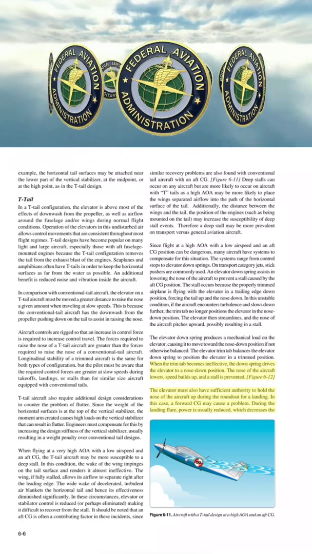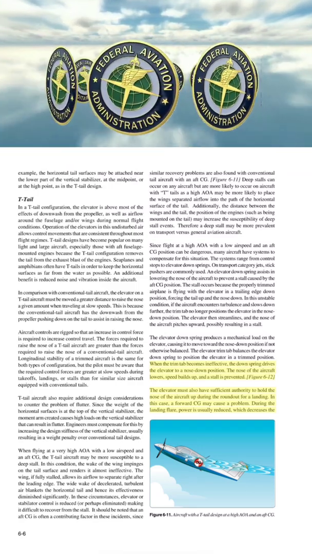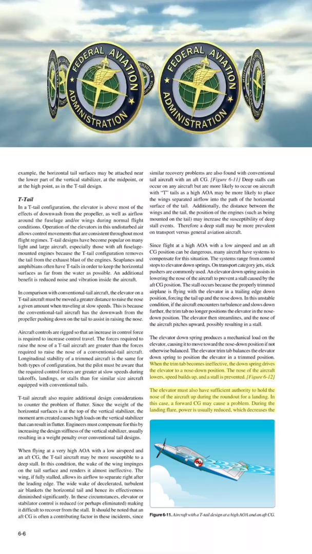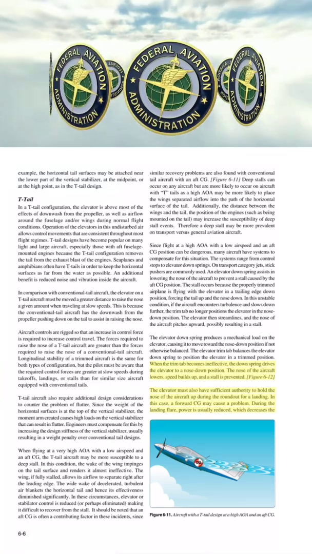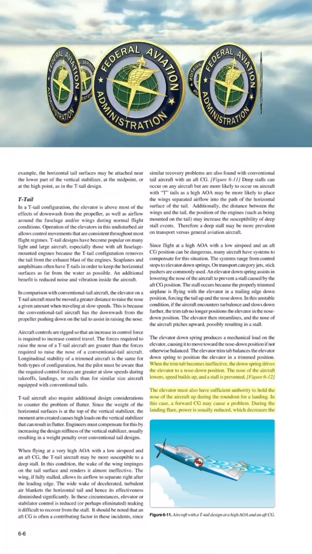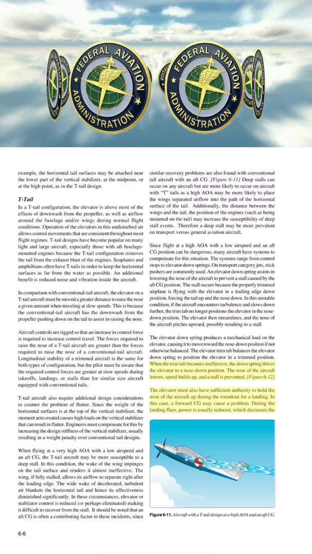Figure 6-12. The elevator must also have sufficient authority to hold the nose of the aircraft up during the roundout for a landing. In this case, a forward CG may cause a problem. During the landing flare, power is usually reduced, which decreases the